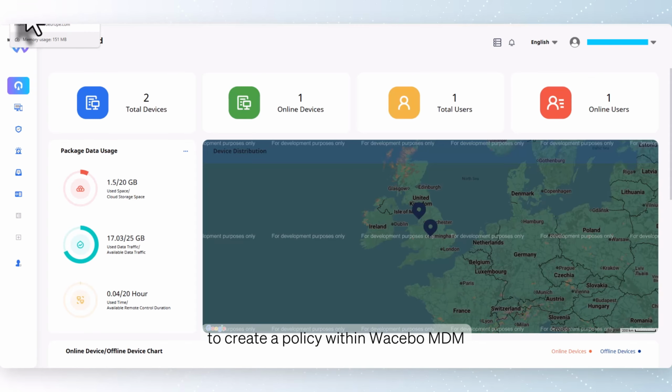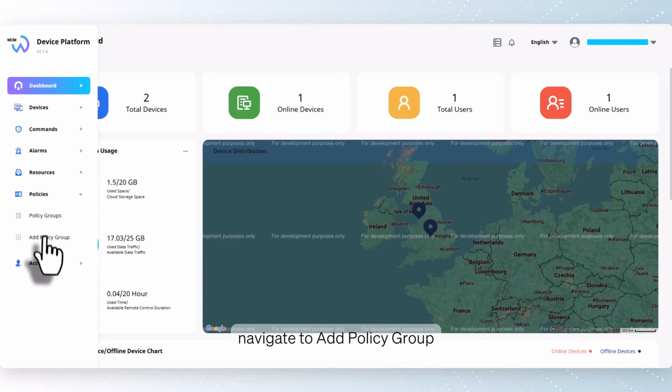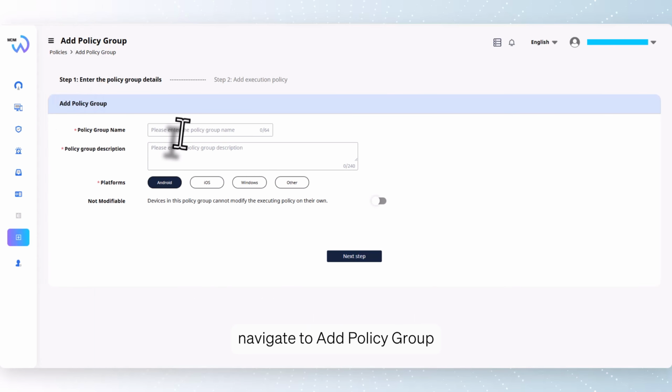To create a policy within Wacebo MDM, navigate to Add Policy Group and then give your policy a name. I'm going to call mine School A, and when you have policy group description, pop in here what that policy contains. So I'm going to say no reset